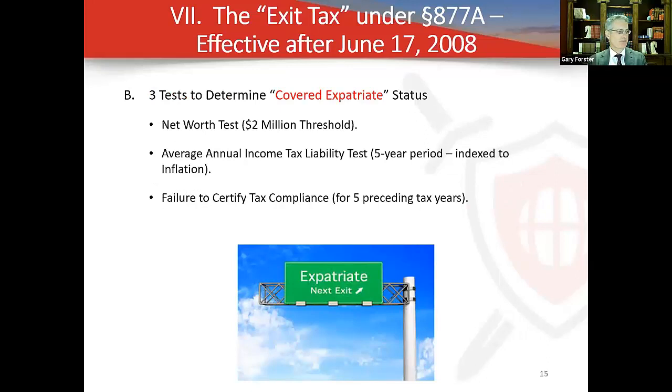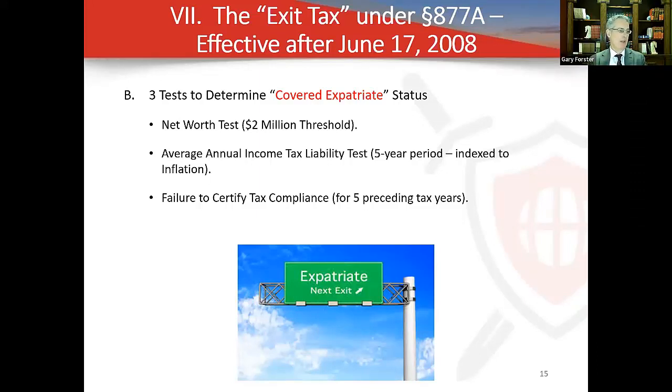Same test. The 877 was not completely superseded by 877A. So 877A layered on top of it. And the idea is, are you a covered expatriate? Are you even covered by the rule? So besides this idea that you gave up your green card and were here for 8 of the last 15 years, do you qualify, so to speak? Are you trapped